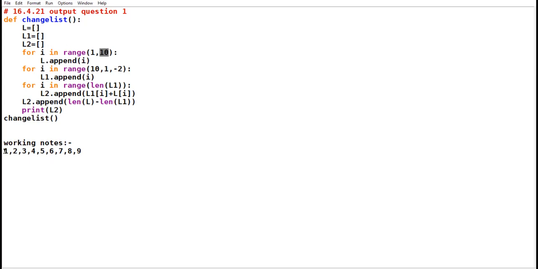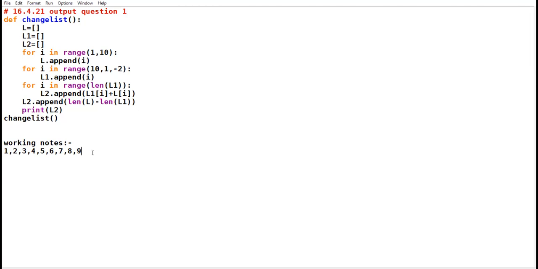And all these elements one by one will get added to list L. All these values starting from 1 to 9 as per this range will get appended to L element by element, because the append function is used, only one value can go at a time.